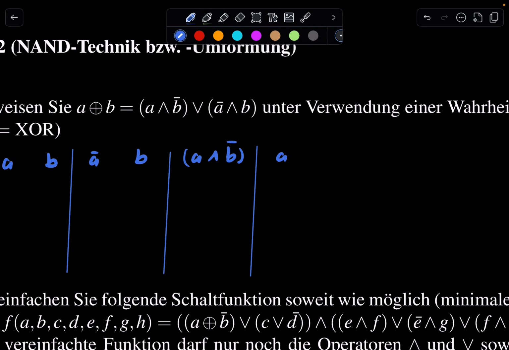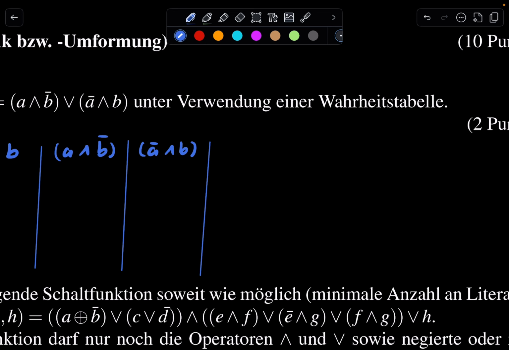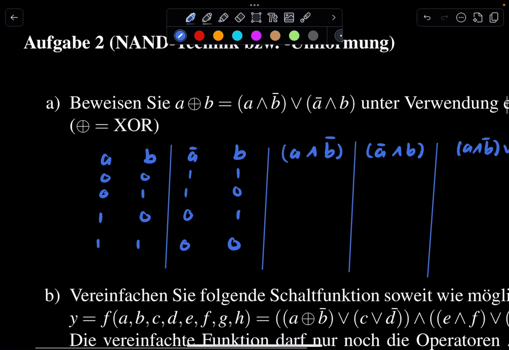A and B, or A and B. In this case, we're going to put this and that. And this we're going to do A XOR B. So we do 0, 0, 0, 1, 0, 1, 0, 1, 1, then 1, 1, 1, 0, 0, 1, 0, 0. So A and B, A and not B,